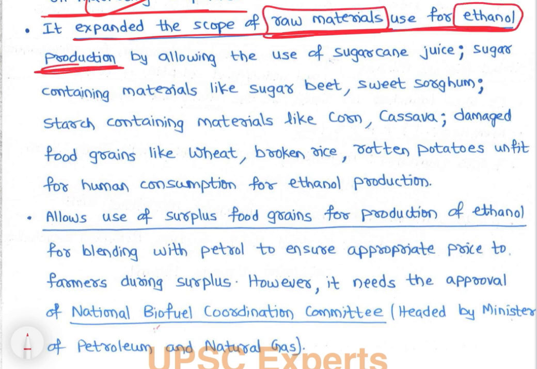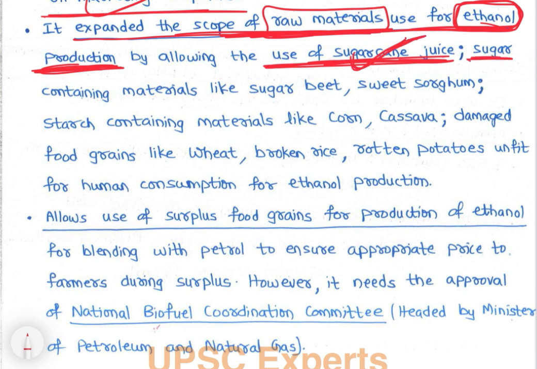Ethanol production, ethanol we produce and we will be blending it with petrol, right? अब ethanol production किन किन से बना सकते हैं, right? उसका scope बढ़ा दिया इसमें. So that is expanded the scope of raw materials. So that is by allowing use of sugarcane juice, right? That means food crops, right? Sugarcane is a food, right? We use food, right? So use of sugarcane juice, use कर सकते हैं ethanol produce करने के